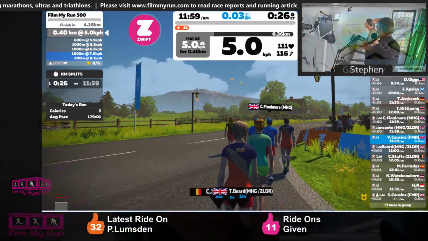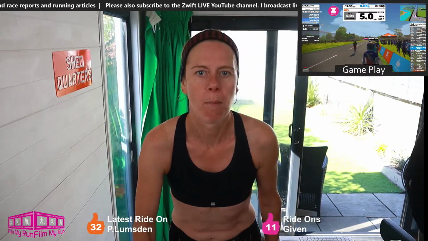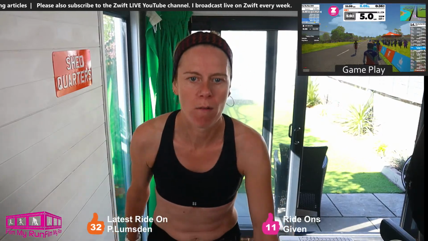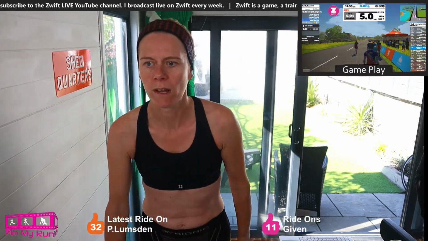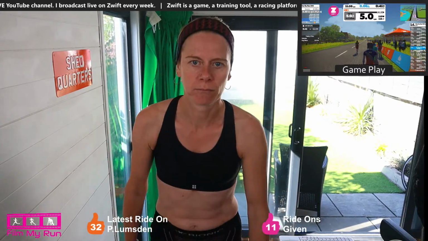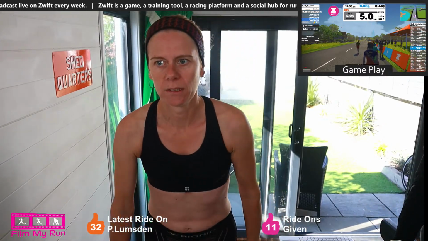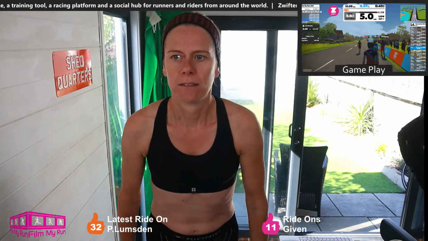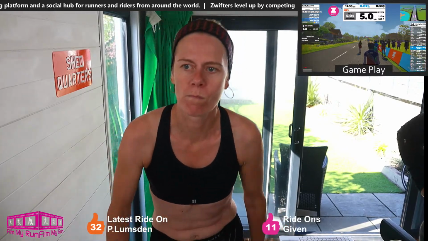So quite a few. We've got about 20 odd runners in the event today, and there's about 5 or 6 of us sticking rigidly to the instructions this morning. Victoria is right at the crux, basically, of marathon training now. We've got about 3 weeks to go before the Paris Marathon. So it's one more really big, heavy week of training for Victoria, and then 2 weeks of tapering. So we will be out in Paris for the Paris Marathon in the middle of October.